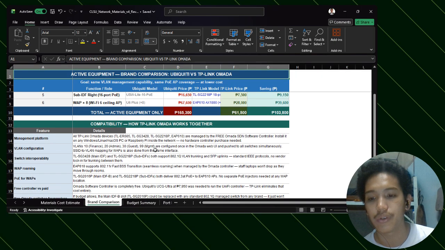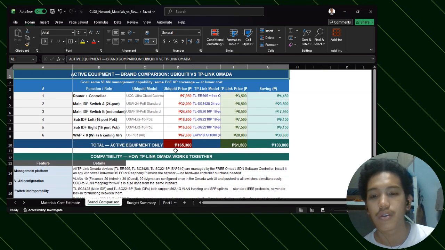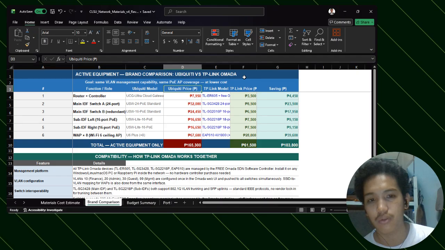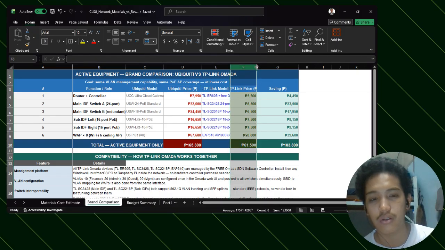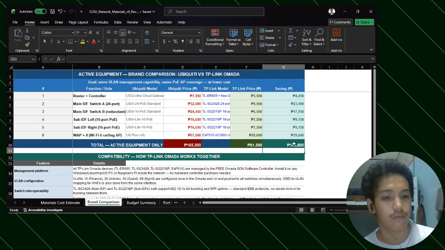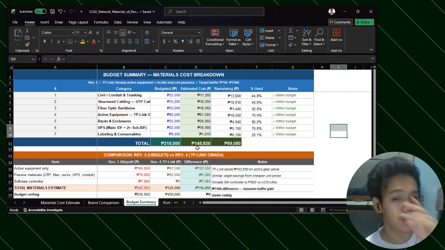At first I tried to determine the best option. I searched and found a Ubiquiti environment. I checked this and it almost ate the entire budget. I found that only a small portion of it ate through the entire budget. By using the TP-Link environment, I saved 103,000 pesos. So in this budget summary,